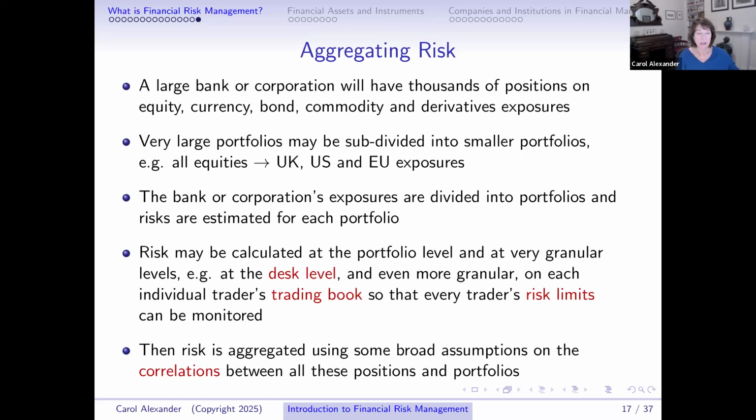So within the UK, we could have a look at the pharmaceutical sub-portfolio risk and the utilities sub-portfolio risk and the banking sub-portfolio risk, right? They have their own. And so the people in charge of that particular investment in pharmaceuticals know what their risk is. And then you have to aggregate them into a UK equity risk. But you don't just add up the individual risks, you have to take account of correlation, and we'll explain how to do that in detail.